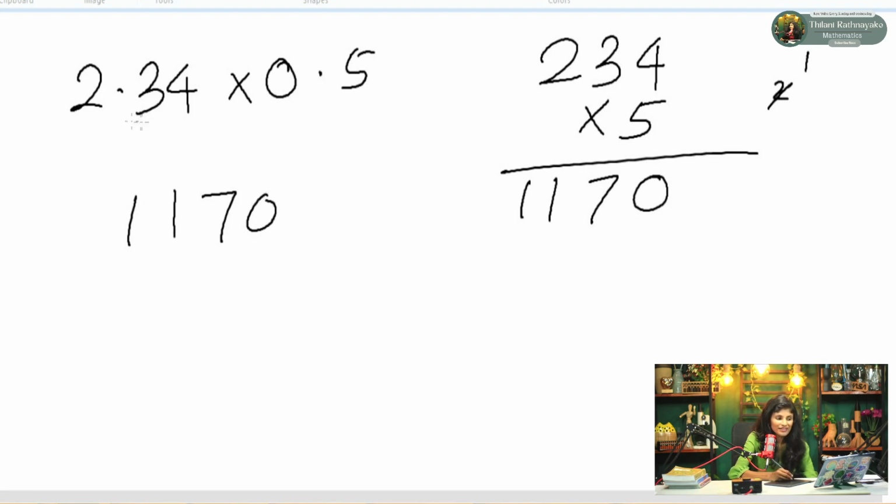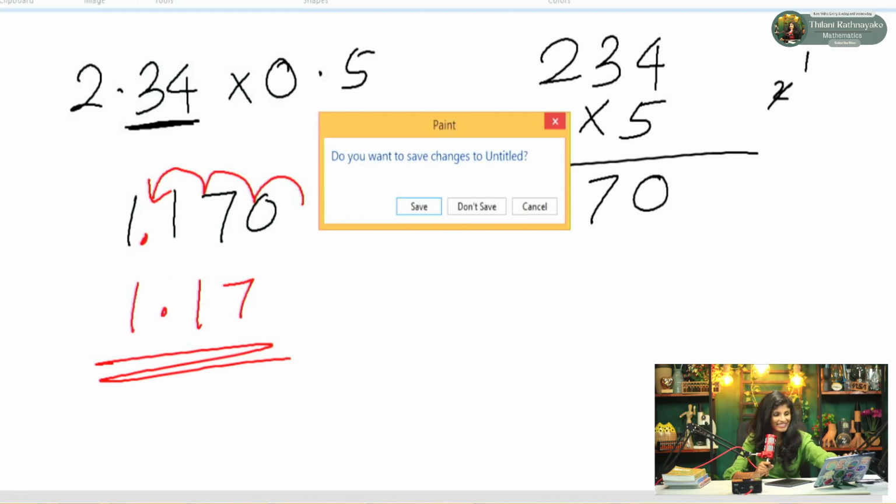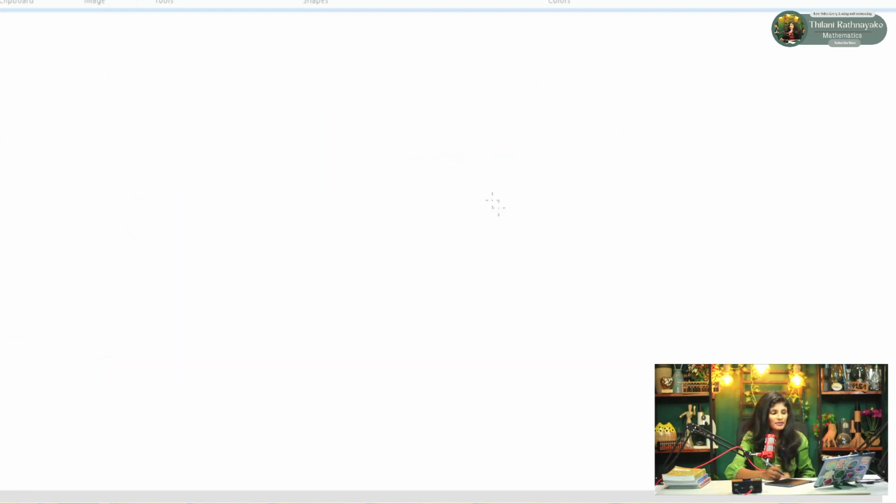Okay, so here we have 2 decimal places, here we have 1 decimal place, altogether we have 3 decimal places. So I will carry the decimal place forward. 1, 2, 3. So my final answer becomes 1.17. No need to write 0. Okay, 1.17. That's it. So the last question we are going to discuss in this video, that is